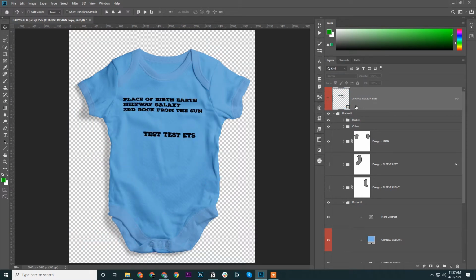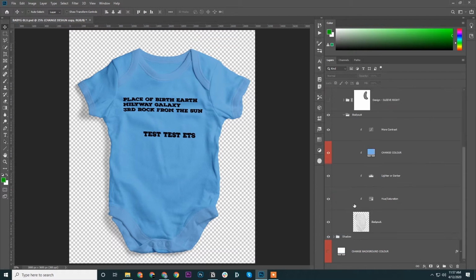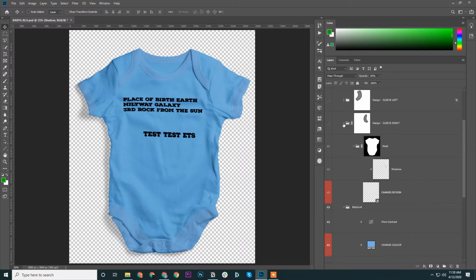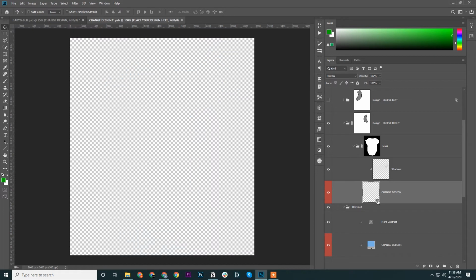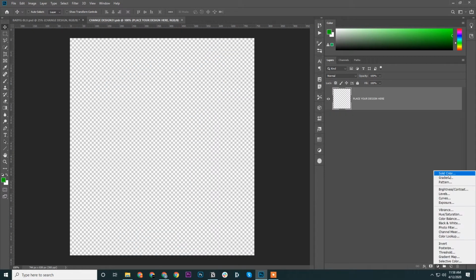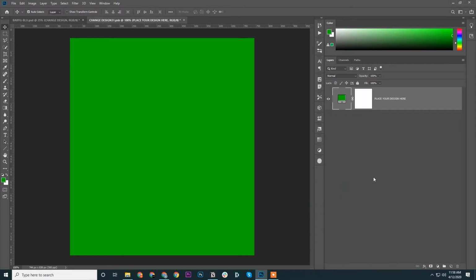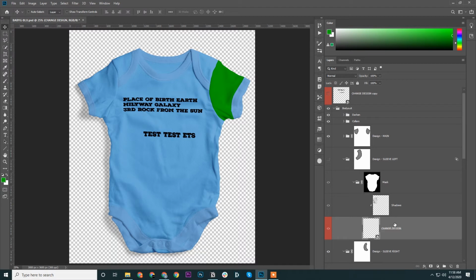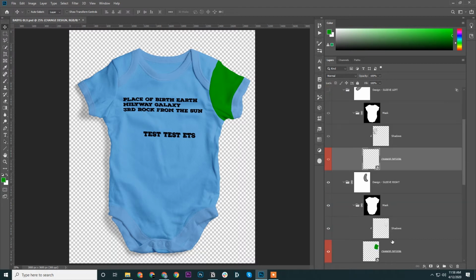Bulk mockup uses the smart object layer. But the thing is, if I open your mockup, there are multiple smart object layers. If you see, this one is for the hands, I guess. If I add a color, you'll see. So the bulk mockup is getting confused by these multiple smart object layers. You could change the color of this one. Again, this one is for this right hand side.